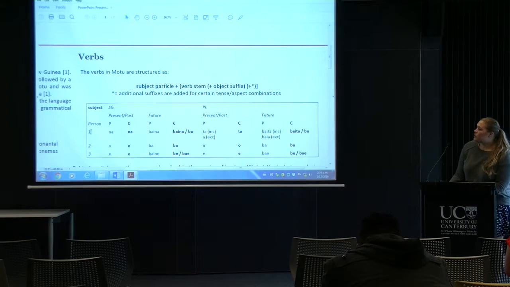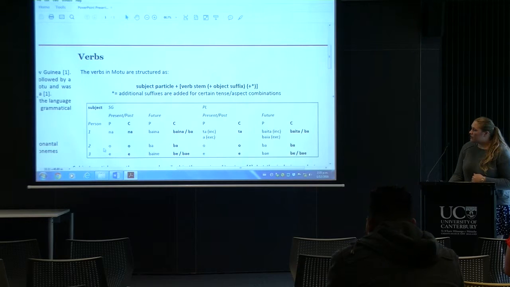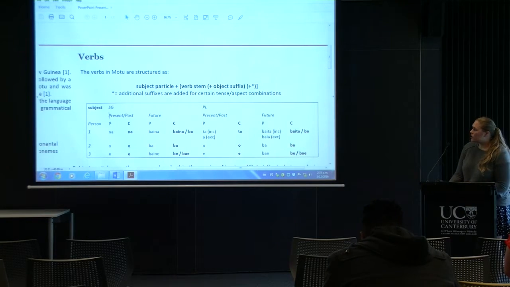So first person is like I, second person you, third person he or she, and then it does that in singular and plural. The plural, for example, would be they, and the singular she. And as you can see here, we've got these different particles. So the P there refers to the previous literature. So this is what was found in the previous